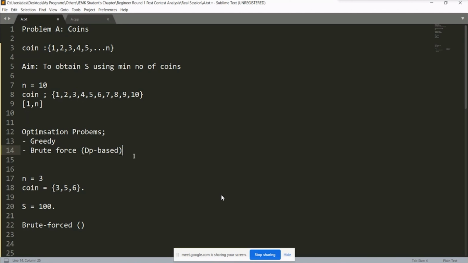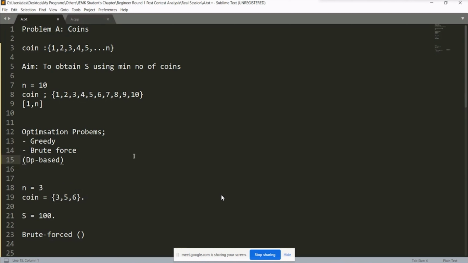Are you from first year or second year? I am from first year. Okay, then you are just in a very early stage of your CP journey, so don't worry. For now, with your general observation skills and general logic, and with practice, you can solve the basic problems like we had in this particular contest. But the concept of DP and graph algorithms, you will learn after 3 to 4 months of gaining more experience.